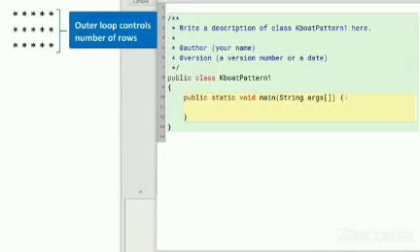The outer loop controls the number of rows in the pattern. As this pattern has 3 rows, our outer loop will run 3 times. For i equal to 1 till i is less than or equal to 3, I will increment by 1 in each iteration.